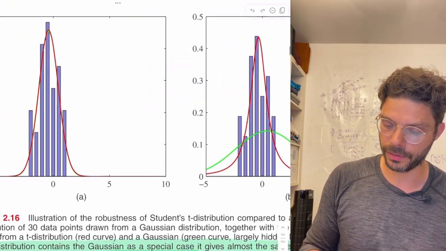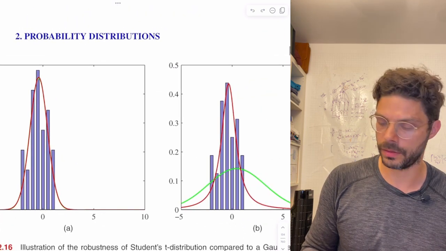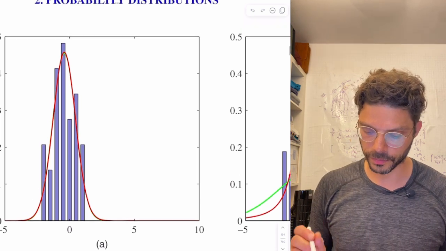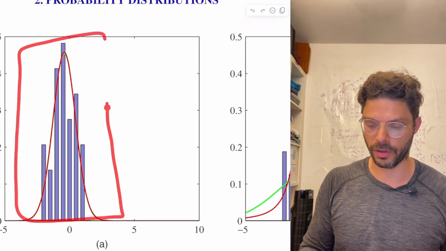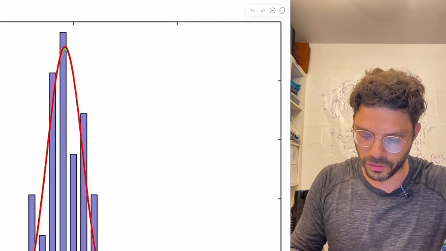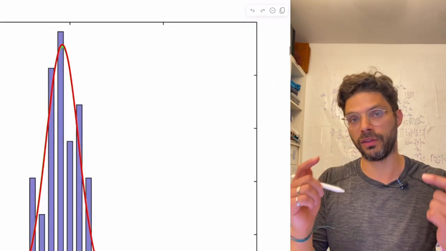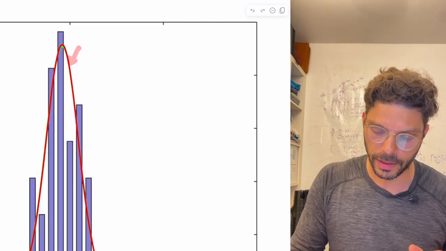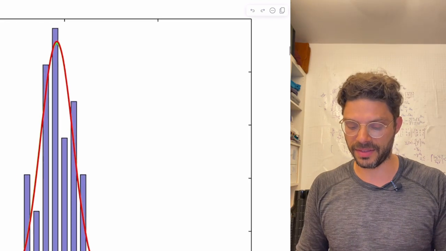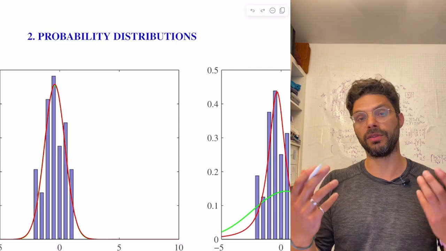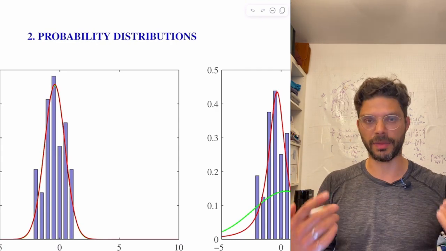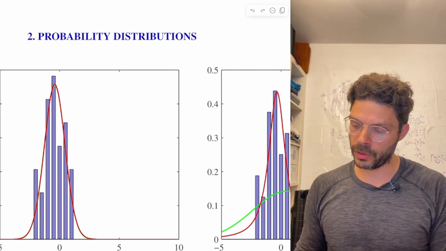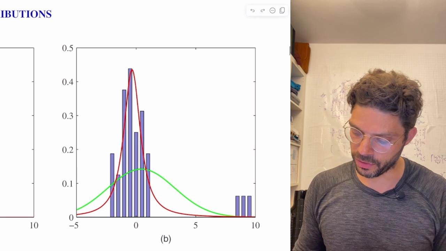So I'm going to zoom in here. Make sure you guys can see. Well, anyway, I think that's good enough. So what we've got here is a bunch of data points. And if you zoom in, you can see he's fitting two functions. He's fitting a student's t-distribution, which is the red one, but underneath it he's also fitting a Gaussian. Because this data is actually coming from what looks like a Gaussian, and the student t has the Gaussian as a special case when you have infinite degrees of freedom, both the fits are lying on top of each other. And now the cool thing that happens is when you introduce a couple of outliers here,